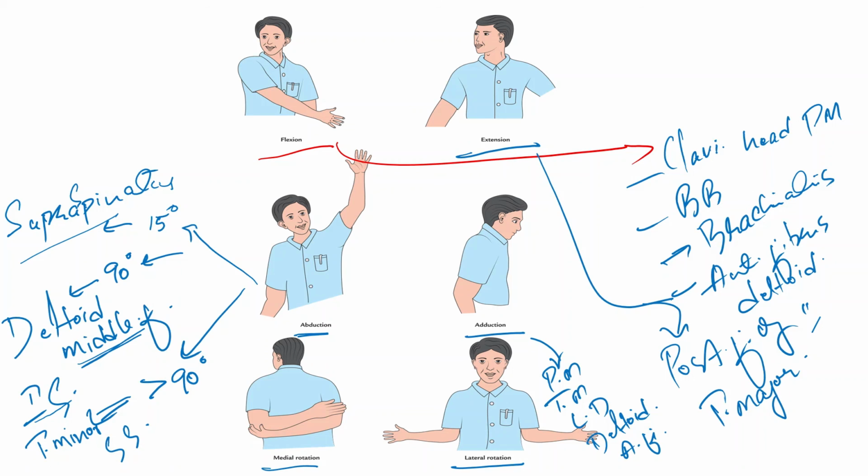So this was the end of the shoulder joint discussion. We have studied the type of the joint, the articular surfaces, the ligaments of the joint, the bursae, the arterial and the nerve supply, the relations and the muscles causing various movements of the shoulder joint. We will look at the clinical importance of the shoulder joint in our next video.